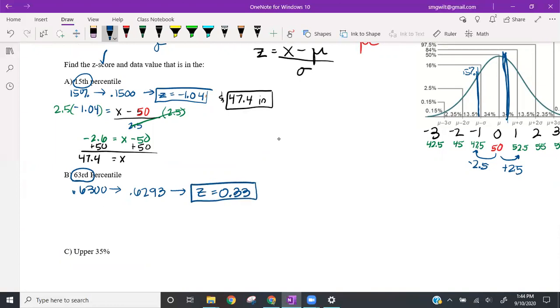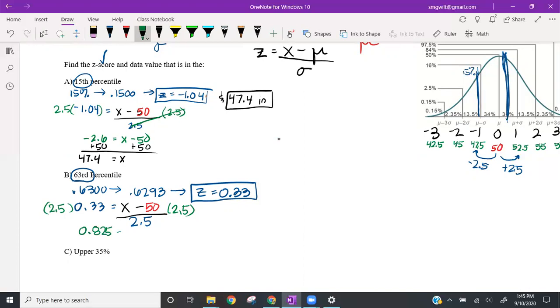Z-score is 0.33. So when I'm solving for the data value, I'm going to do 0.33 is equal to, I want to know the data value. The mean is 50, and the standard deviation is 2.5. So my process is the same. I'm going to multiply by 2.5 and then add 50 because I'm using the same situation. So if I multiply both sides by 2.5,